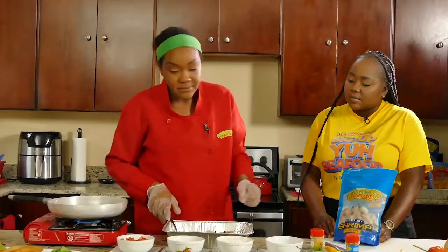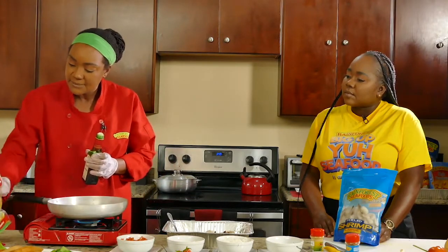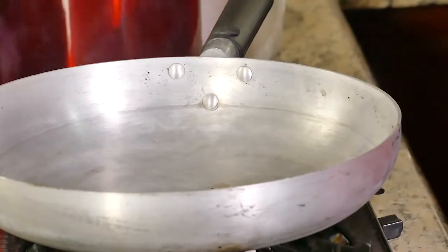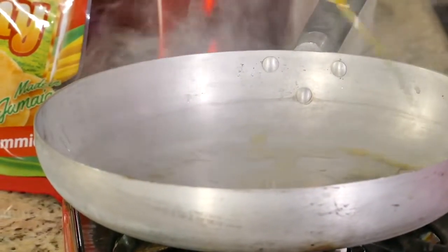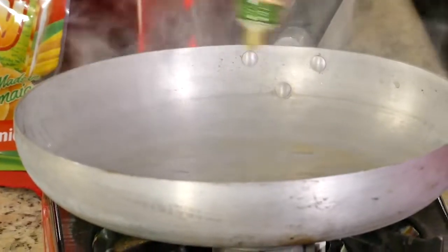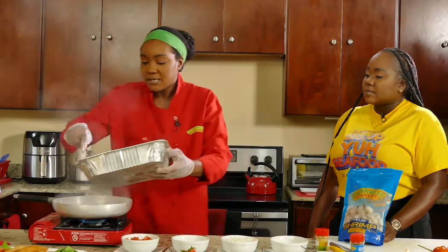So as usual, I'm going to get my sauce going, a little oil. If you have butter, you feel it in a hot pan. A hot pan, and it's steaming. This is olive oil. So we have a little steam going. I can actually just throw everything in one time because everything is going to cook at the same time essentially. I'm going to start with my